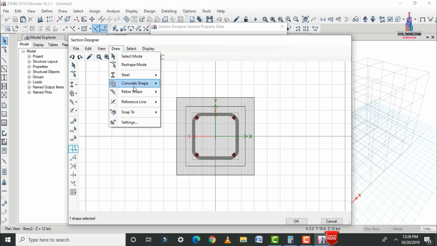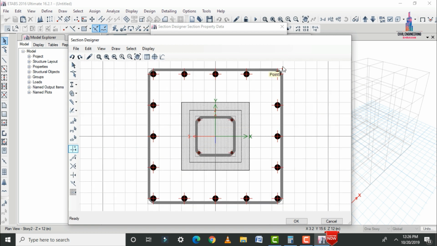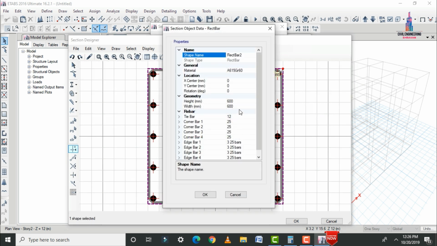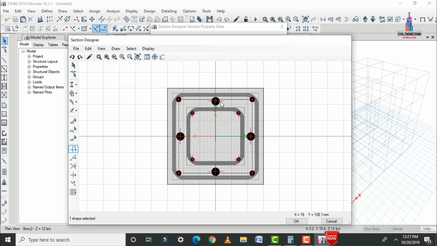After that we have to add the reinforcement for this jacketing. Go to the draw option again, rebar shapes, we have to select rebar sections. Now we have to select the center point. Now we have to edit these options, right click on it and edit the options here: 270 in the height direction and 270 in the width direction, and we have to edit the bar size as per your considerations. Let us consider, I am just taking 16 mm bars for the new jacketing process. Okay, click on OK. So it will open the respective 16 mm bars here like this.